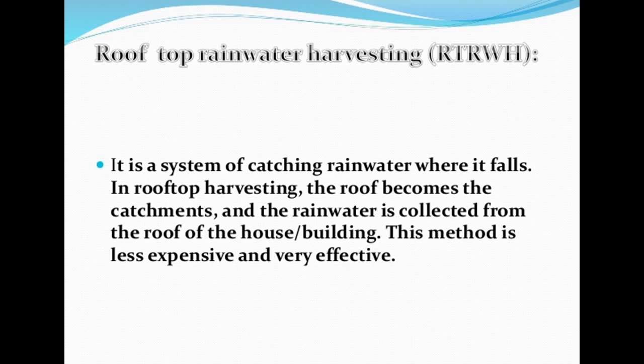And this method is quite less expensive and very effective, because you just have to make that catchment above your home on your rooftop to collect the rainwater, and it is going to directly supply that water through pipes from all the houses and buildings to the groundwater dams, or it can go to the wells, and we can store it somewhere or the other. So it is just going to help you improve the water condition of every place. So these are two of the ways that you can use it.